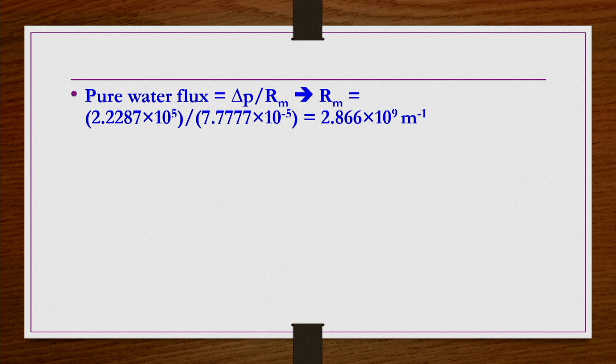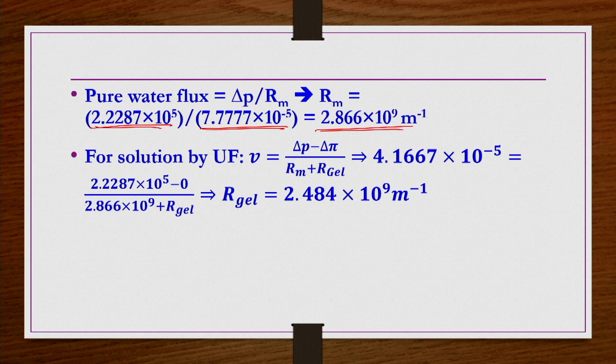So, it is 2.1 atmosphere, but in Pascals it is 2.2287 into 10 power 5 Pascals divided by the pure water flux, which is given in liter per meter square hour. In meter per second, if you convert, it comes out to be 7.77 into 10 power minus 5. So, Rm comes out to be 2.866 into 10 power 9 meter inverse, straightforward,